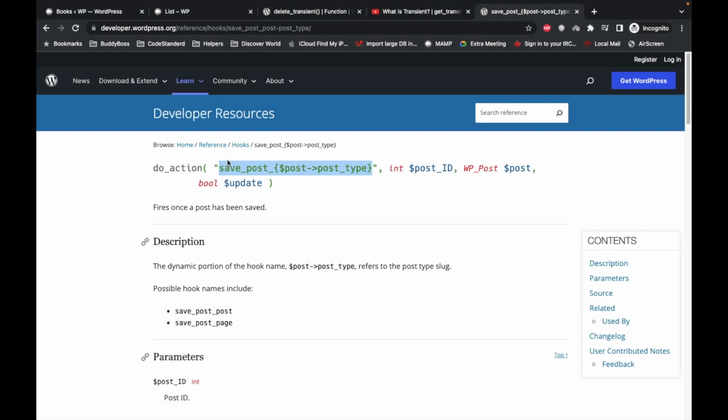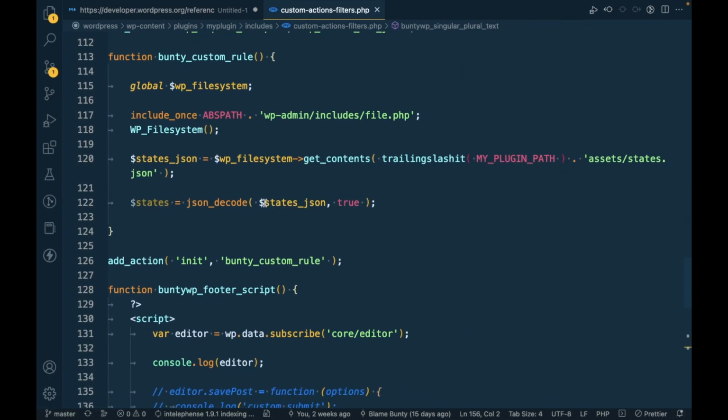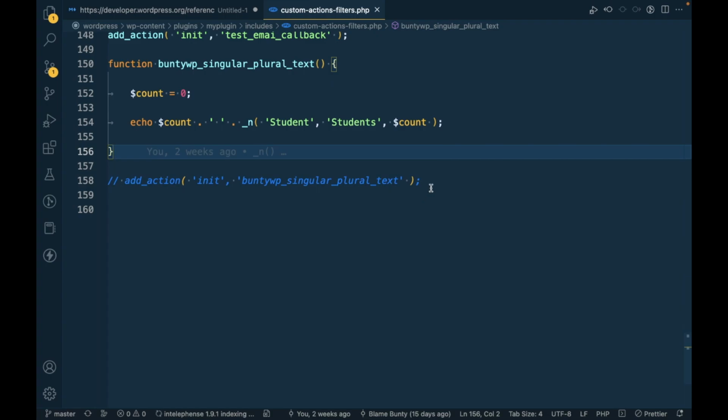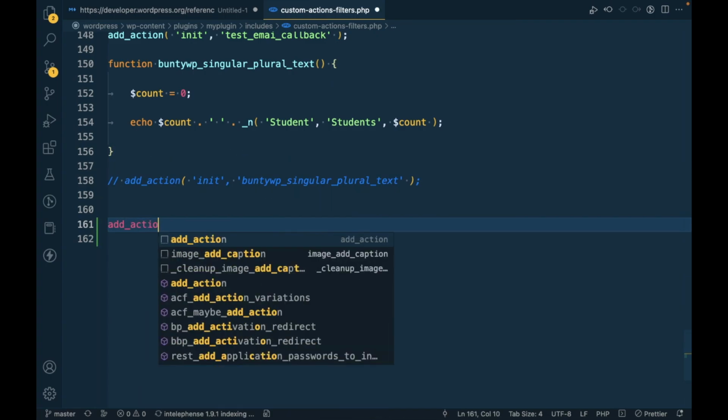I will delete specifically when a book is added, otherwise I would keep this action only, and this will trigger on all post type saves. But for simplicity I will add this for the book post type only. So add action,